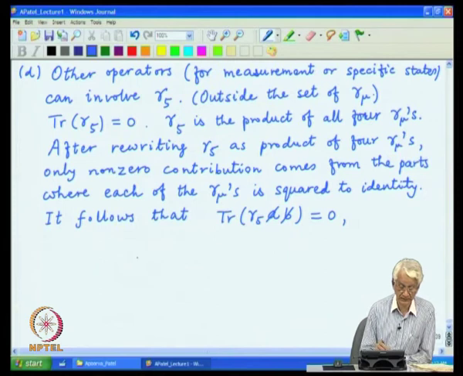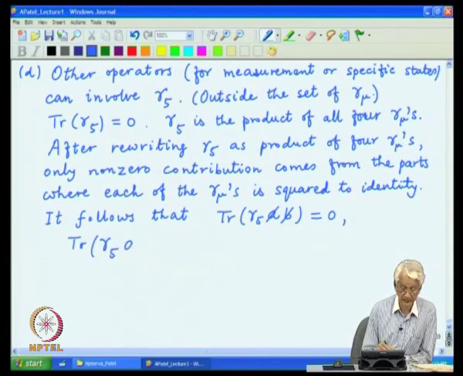The first non-zero contribution comes where everything gets squared,